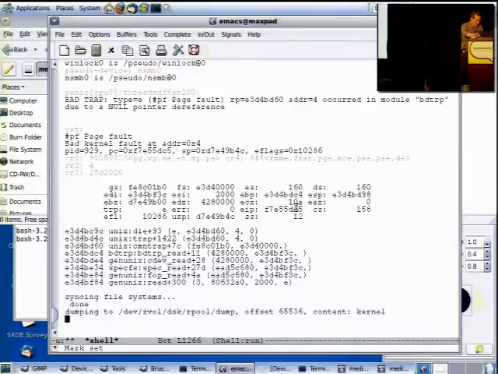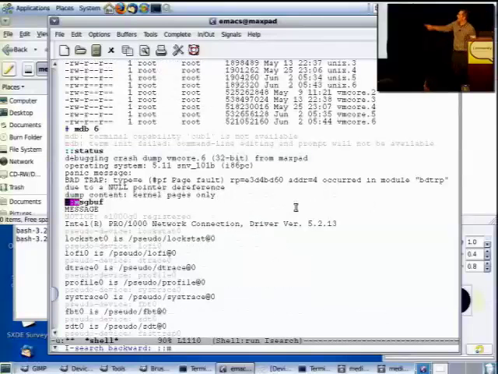I ran in MDB this command, ::msgbuf. Do that with vi, piece of junk. Now,